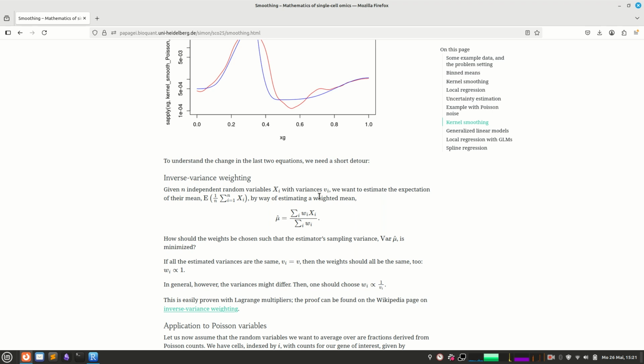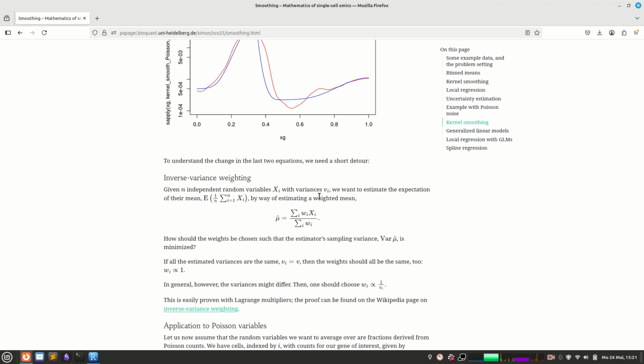And if we do this, we can look at the weights and wonder what weight we should put in order to get this mean as precise as possible. So what will minimize the variance of this estimator? Which w's will minimize it? It turns out, and I will show you the proof in a moment, that of course, if all the variances are the same, then you simply use constant weights and use a normal mean. But if the variances are different, then we should put the weights exactly to 1 over the variances. Yeah? The xi have the same mean, otherwise I don't see how it would be justified